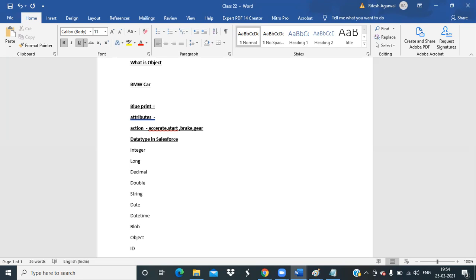So what could be a parameter for a brake? We will push the brake pad. What will be the parameter for a gear? We will move the gear handle. Similarly, if we talk about any class, a class will also have some attributes and methods.